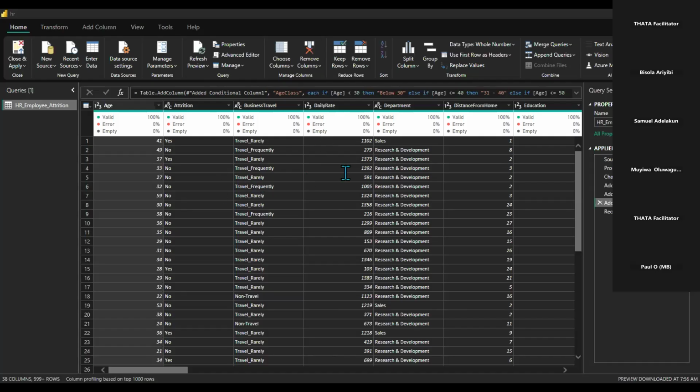Age is less than 30, below 30. Less than or equal to 40, 31 to 40. Age is less than or equal to 50, that's 41 to 50. Or that's else, 51 to 60. So you can quickly do that. Then